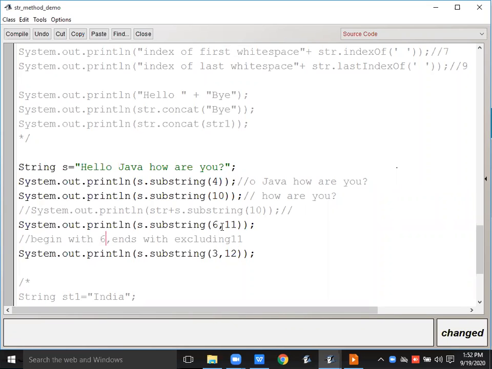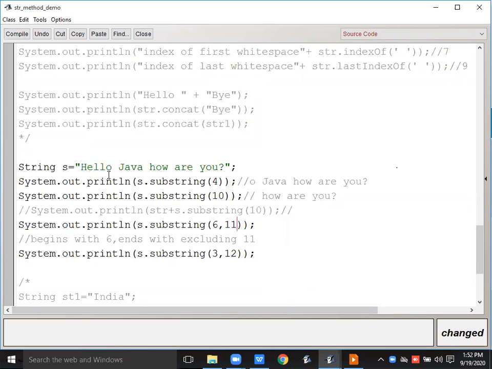Okay, first integer parameter. It will start from the first integer parameter and it will end with the 11. No, excluding 11. Excluding 11 means till the 10.